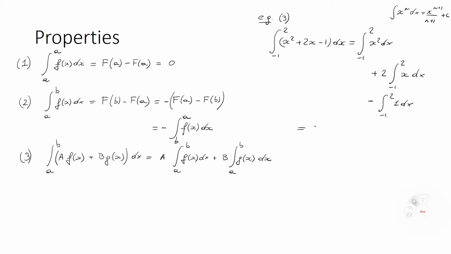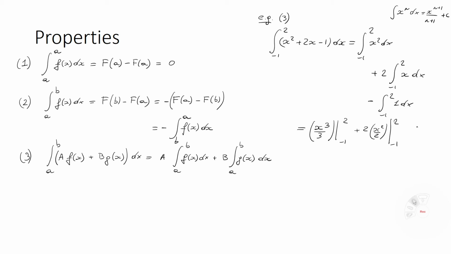And so then we can work out the integral to say, well, the integral of x squared is x cubed divided by 3, evaluated at 2 and minus 1, plus 2 times the integral of x, that's x squared divided by 2,